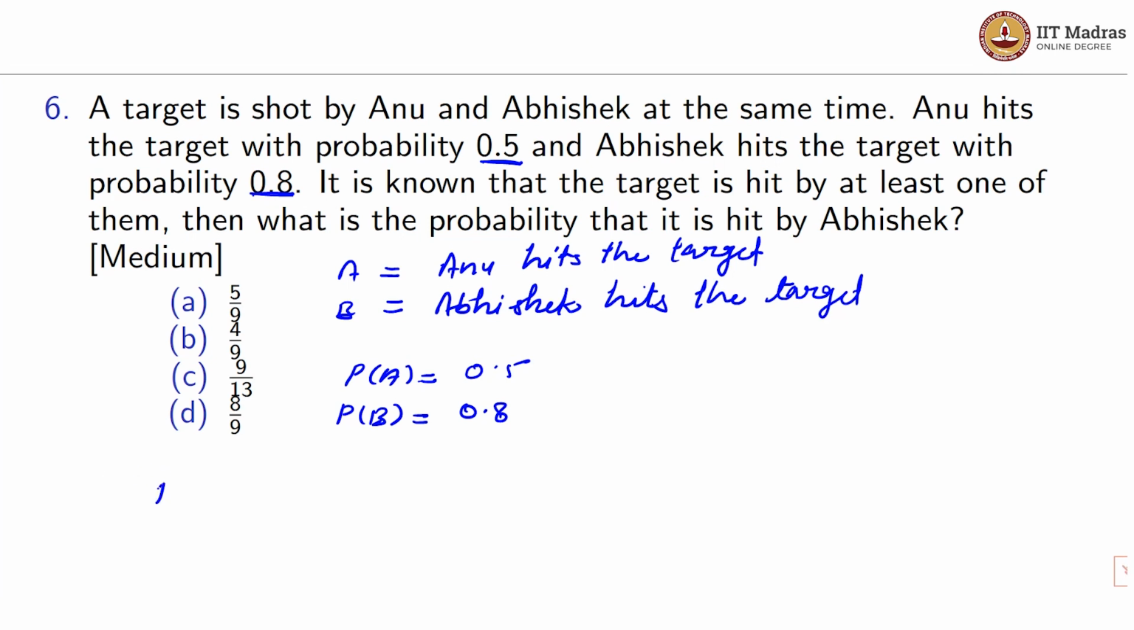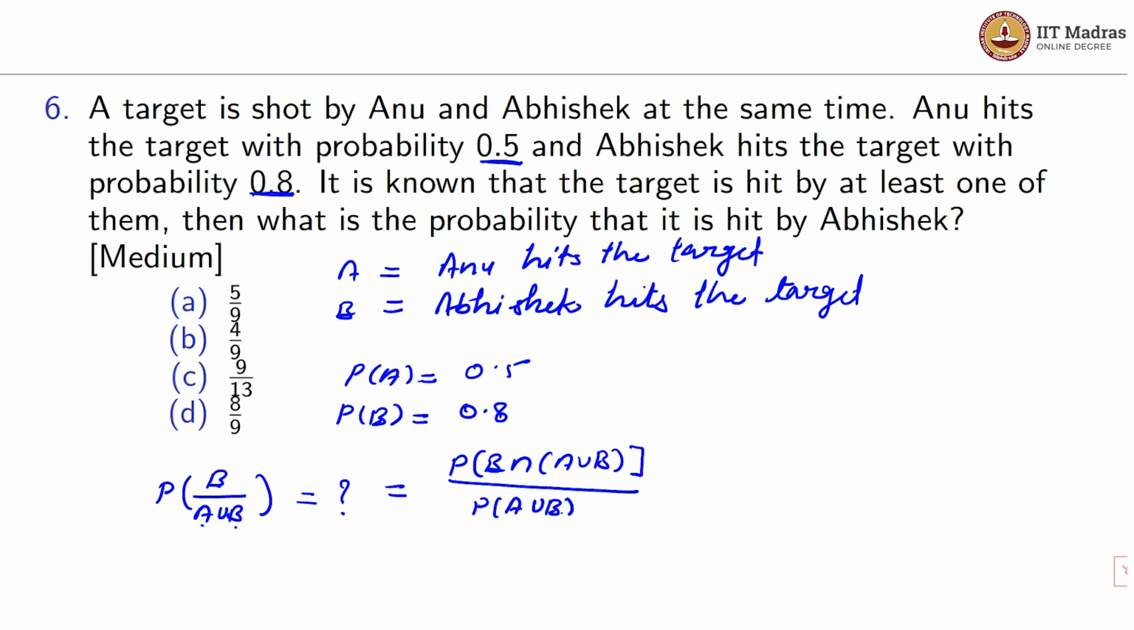So we have to find the probability of B, that is target is hit by Abhishek, but it is known that it is hit by at least one of them. That is given A union B. That is target is hit by either Anu or Abhishek. So this value I am to find. So by the formula I know that this value will be equal to P of B intersection (A union B) upon P of A union B,